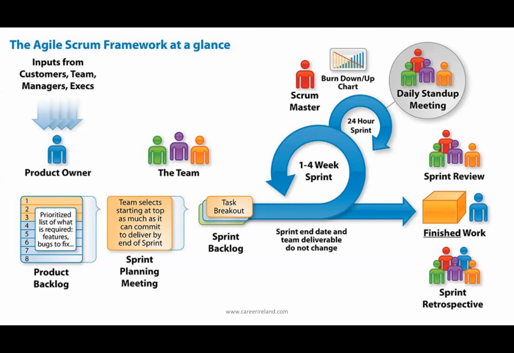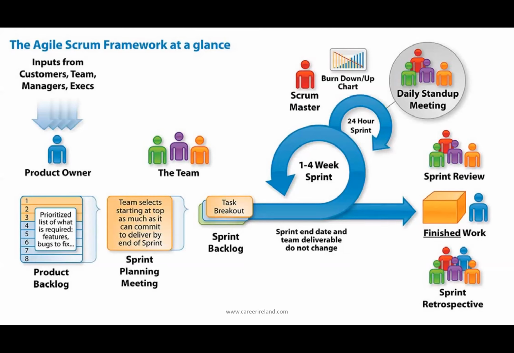At the sprint planning meeting, all the team members, including Scrum Master and product owner, sit together and see what work they can take up from the product backlog. The end result of the sprint planning meeting is a final sprint backlog,